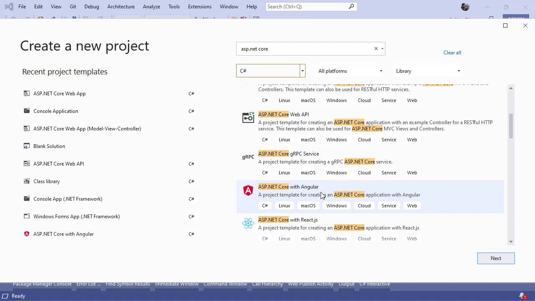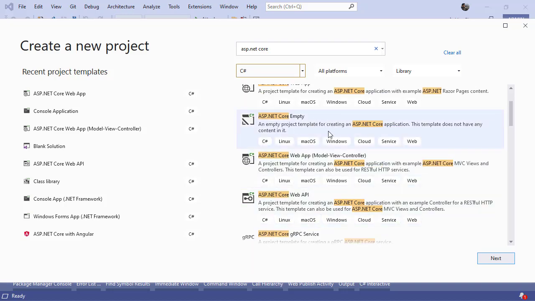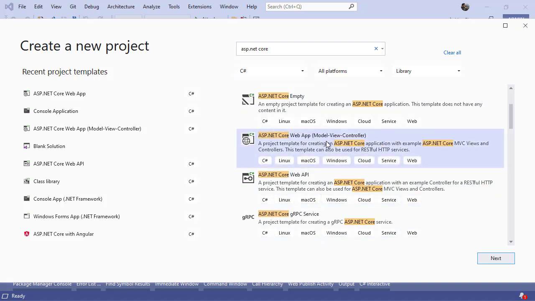So there are multiple projects that you can create. What we have seen is Razor Pages. Now let's go ahead and pick up this option. But I told you that